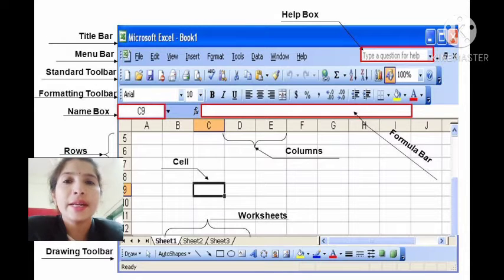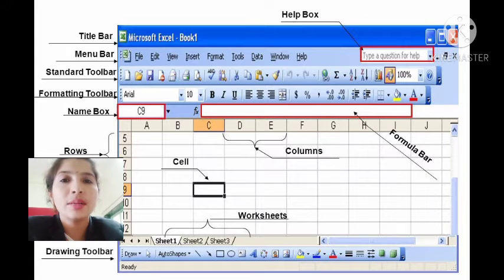First, title bar. The title bar is at the top of the screen. On the title bar, the name of the application will be there, and whichever file we have saved, that file name will be there on the title bar.